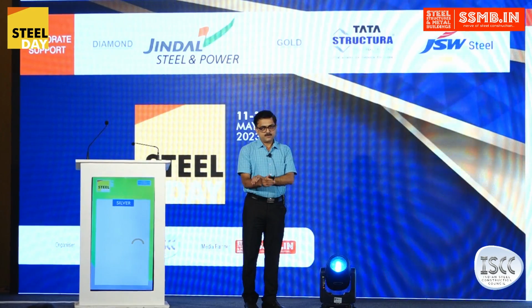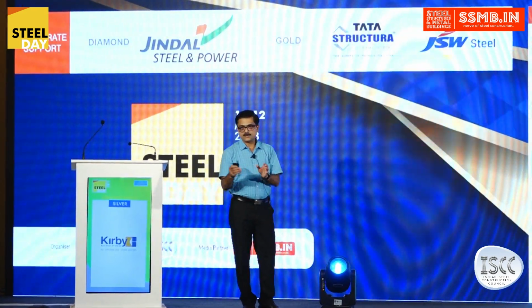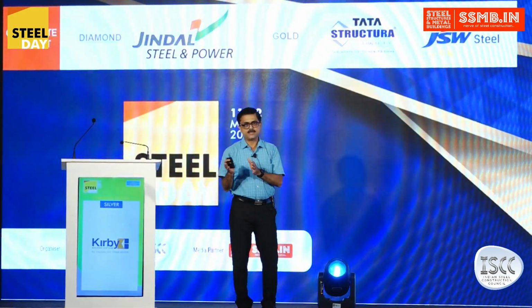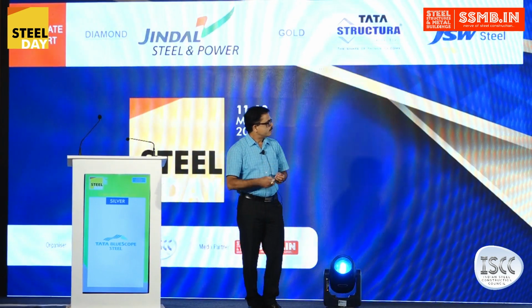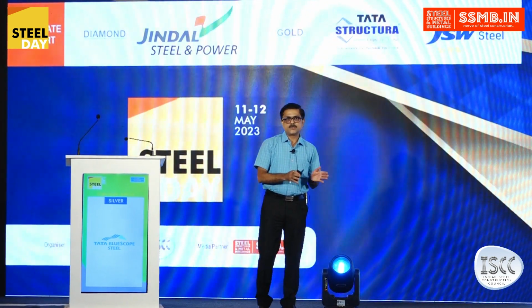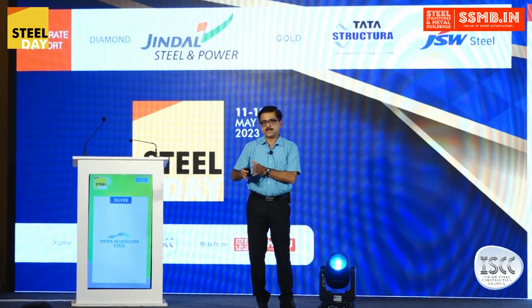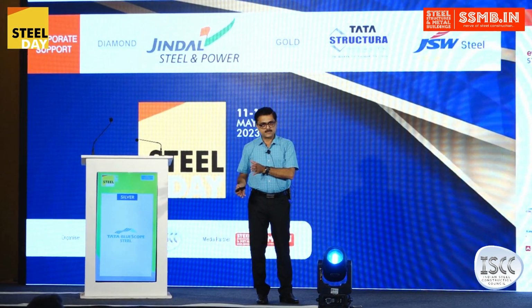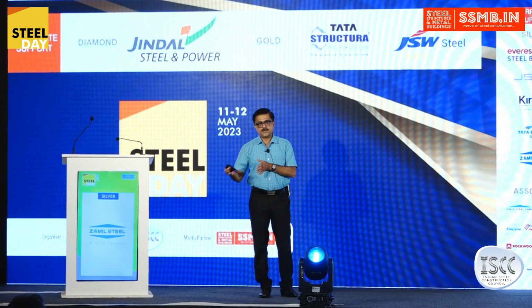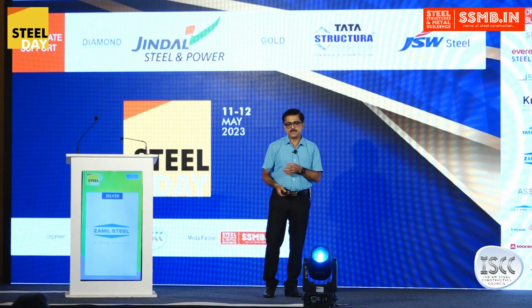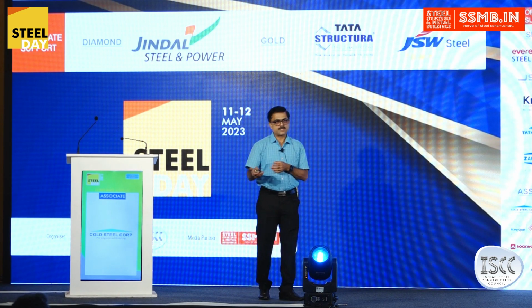While comparing the various codes, that is the IS code and the AISC code, we can see that the AISC code gives optimized results. That means the IS code gives an over design as compared to the AISC code. You can see the values wherever the MD values are in this particular slide.